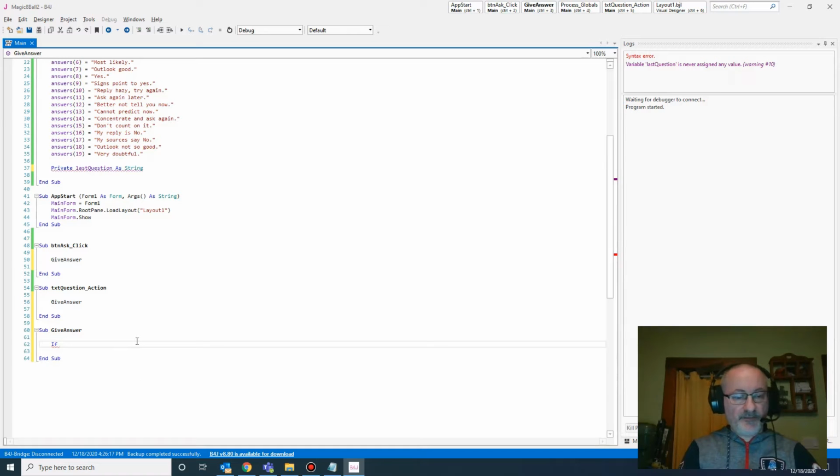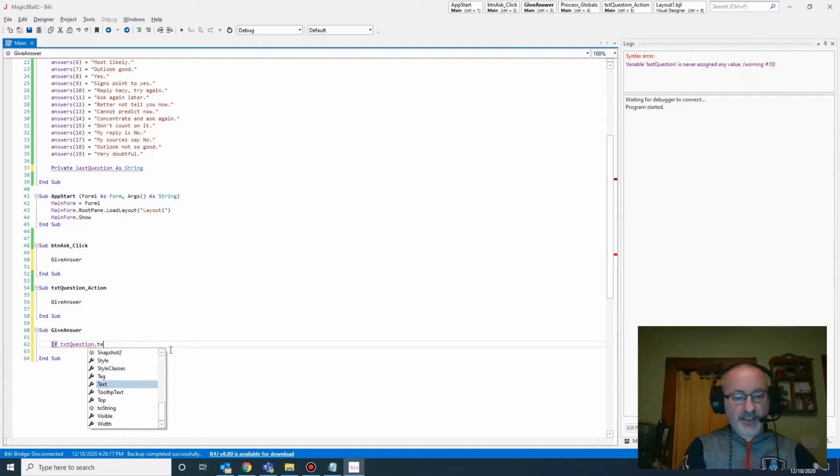So if txt, and you'll notice that I got two things that pop up here. I have the text question. Well, there's a last exception there too, but that's just because it's noticing that txt somehow exists in there. But you can forget that. So we have txt question, which is our actual physical button, and the txt question action event, which is this event up here. We don't need to reference this, so we're just going to use txt question,